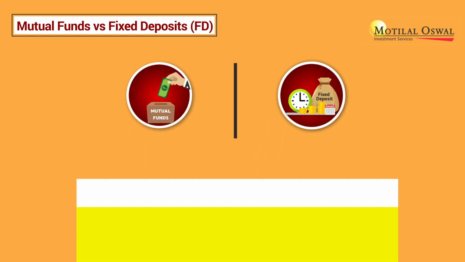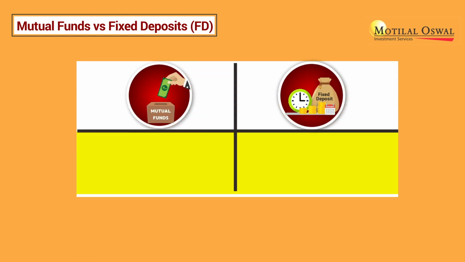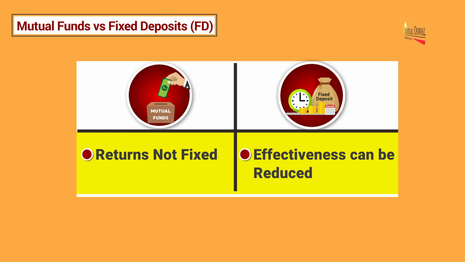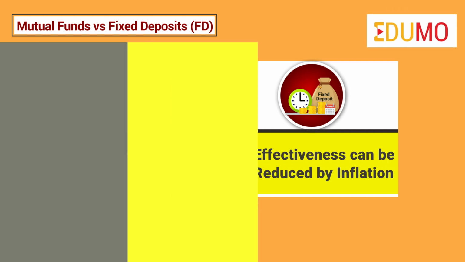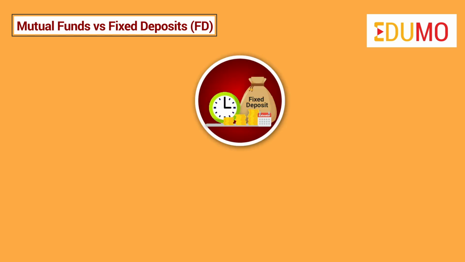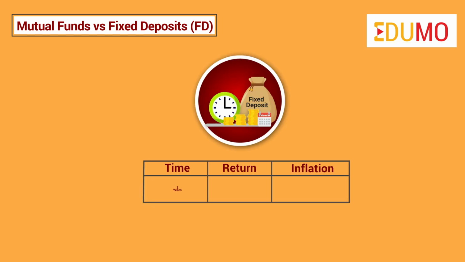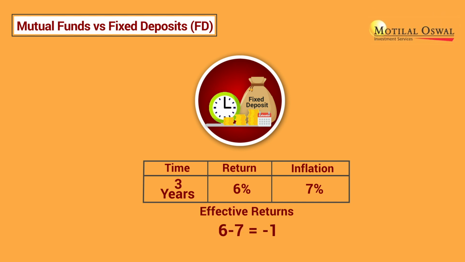Mutual funds might offer higher returns, but these returns are neither fixed nor guaranteed. On the other hand, while fixed deposits have defined return, their effectiveness can be reduced by inflation. For example, suppose a fixed deposit of 3 years offers a return of 6%. If the inflation rate after the 3 years is 7%, it means that your effective returns have become -1%